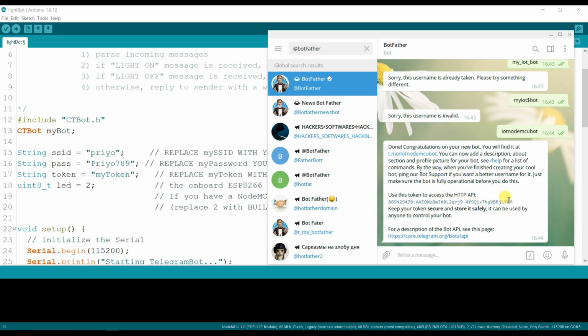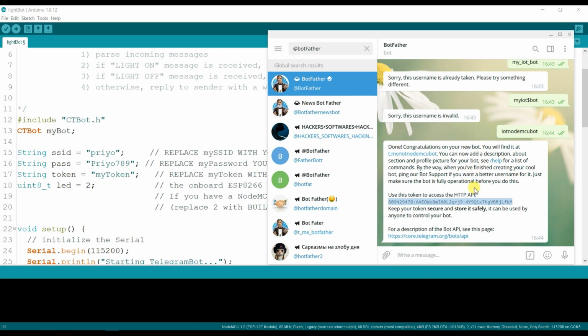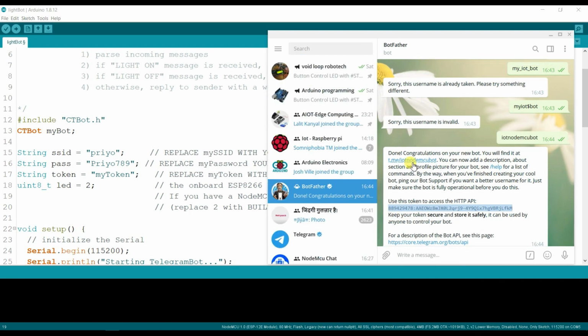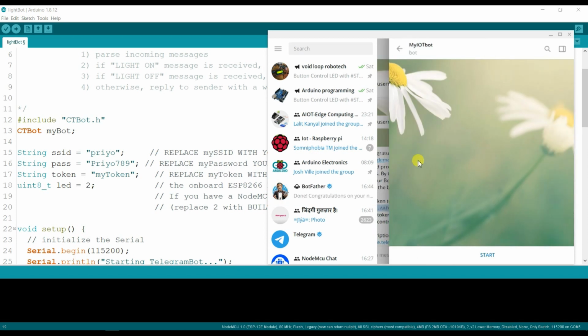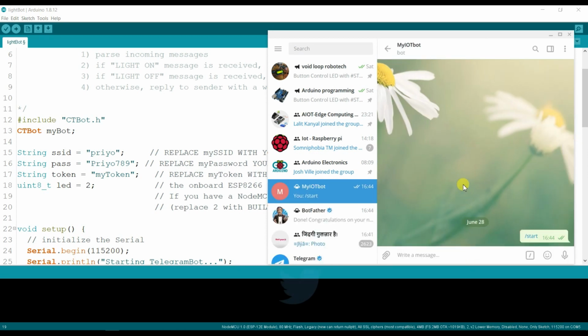So you can see here is generated Telegram API key. So I will copy this and you can see my IoT bot. Click here. So here it will open IoT bot. Start. Wow.